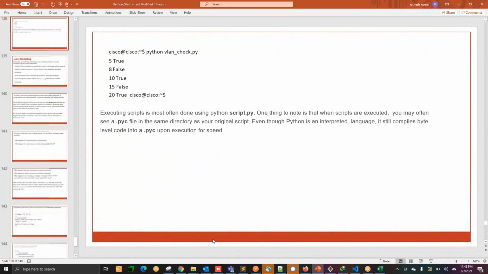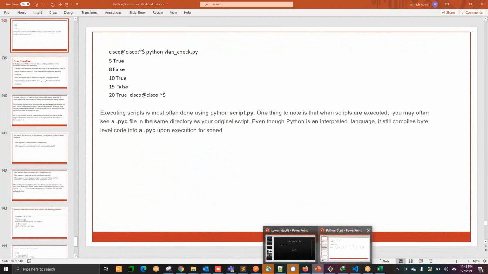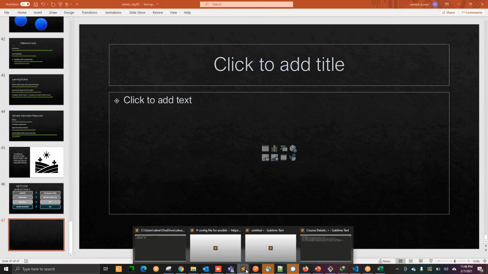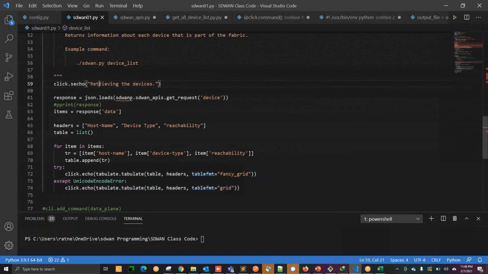So I will upload this file and that file, and then I'll upload the code that I have created for day number 2, the config and the SDWAN 01, and this recording.